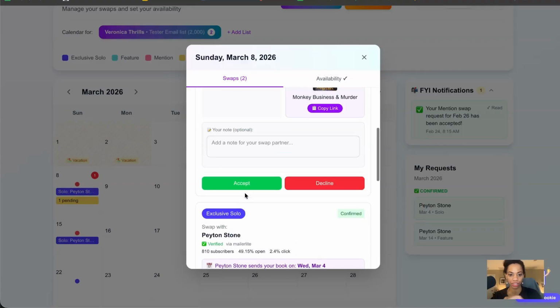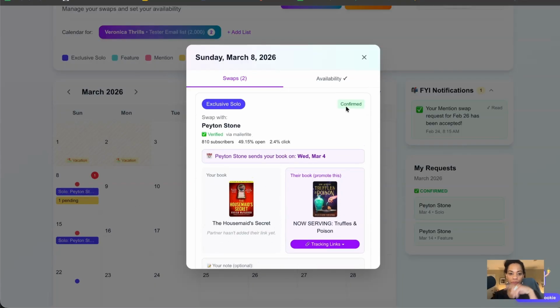No, that one's pending. Sorry, here it is. Confirmed. Okay. Now I can put it to where it automatically cancels any pending swaps. But right now, if you guys are tech nerds like me sometimes, the logic is the date is still open if it's pending. Because on other platforms, I have gotten multiple pending offers for the same,